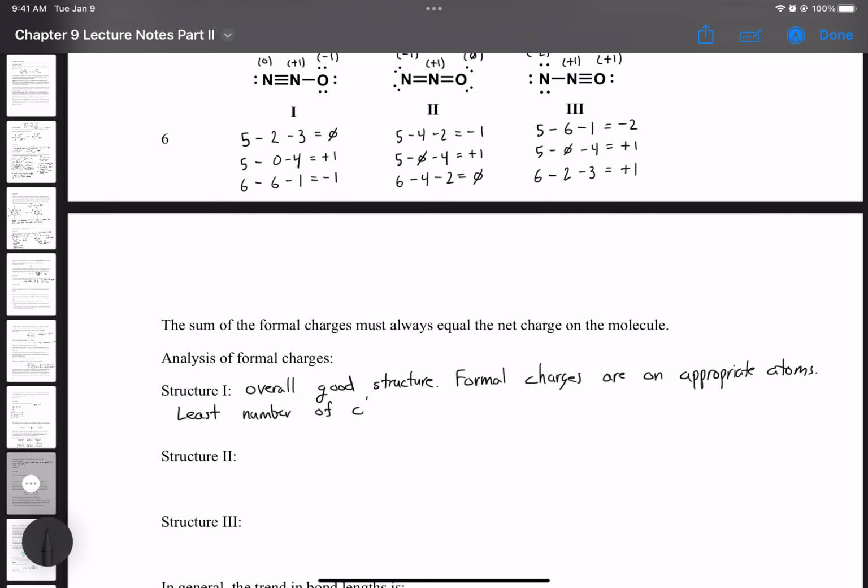So the lower number of charges you have, the better. Because charge separation is generally not a good thing to have in the molecule. So you want to limit that as much as you can. All right, structure 2, while it has the least number of charges,